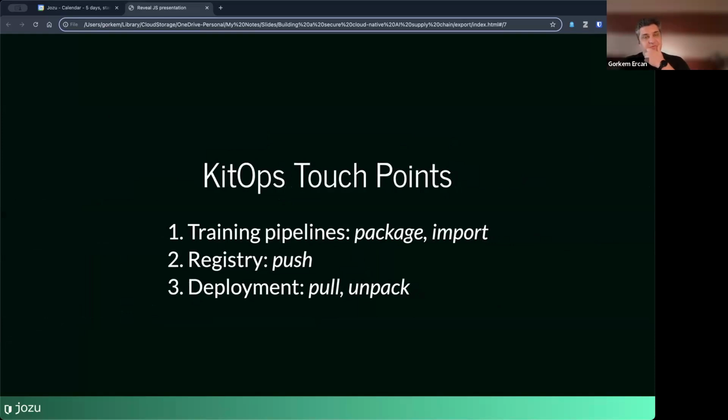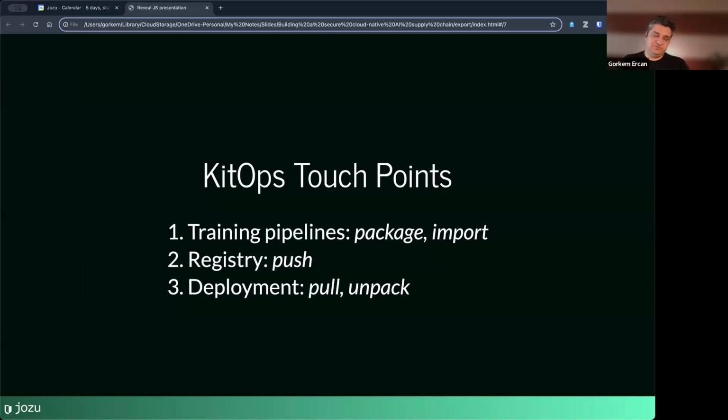So where does KitOps or the model kits touch your pipelines? We talked about the ideal secure pipeline or secure supply chain, and the first place is once you did your training. Once you did your training pipelines, your experimentation is done, you want to package your AI/ML artifacts into a model kit.